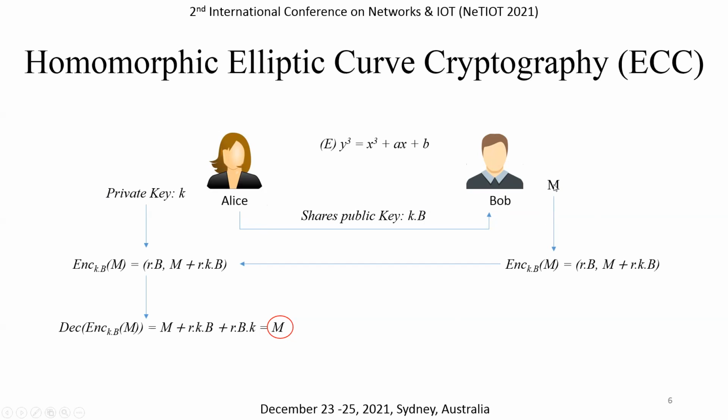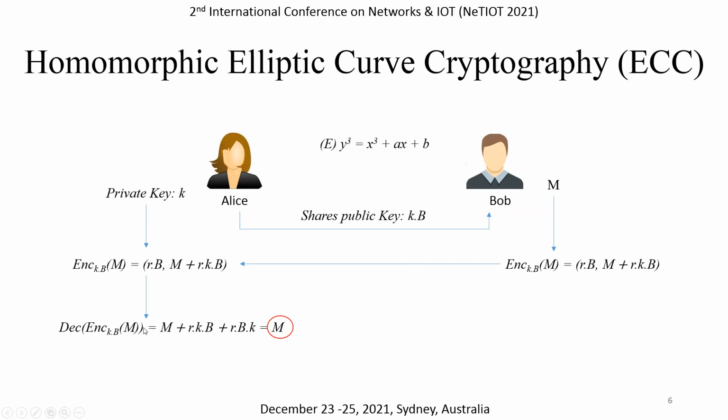So he can use the encryption scheme like this. This is an encryption using the shared public key KB, with M as the message input parameter. He sends the encrypted information to Alice, and with the private key Alice can decrypt it. Only Alice can do this, because Alice is the only one who has the private key.